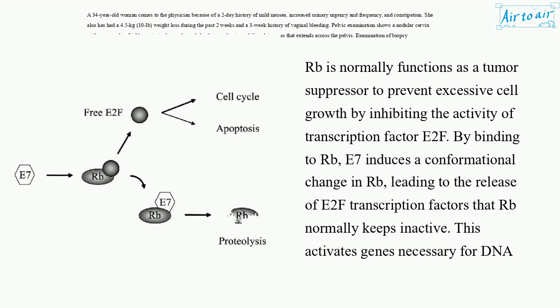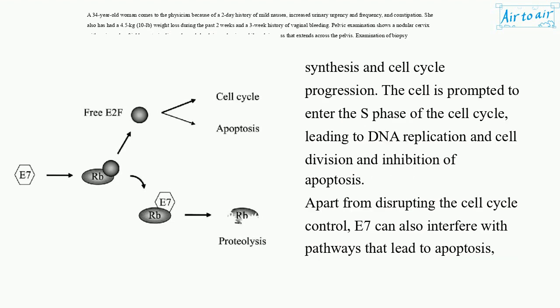RB normally functions as a tumor suppressor to prevent excessive cell growth by inhibiting the activity of transcription factor E2F. By binding to RB, E7 induces a conformational change in RB, leading to the release of E2F transcription factors that RB normally keeps inactive. This activates genes necessary for DNA synthesis and cell cycle progression. The cell is prompted to enter the S phase of the cell cycle, leading to DNA replication and cell division